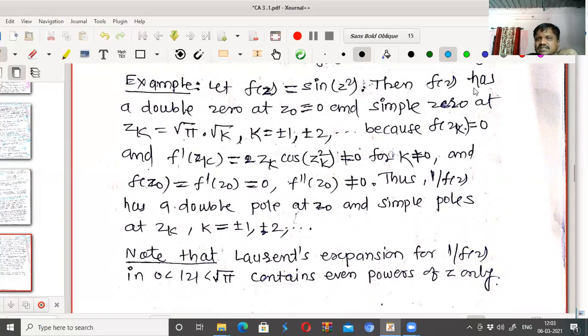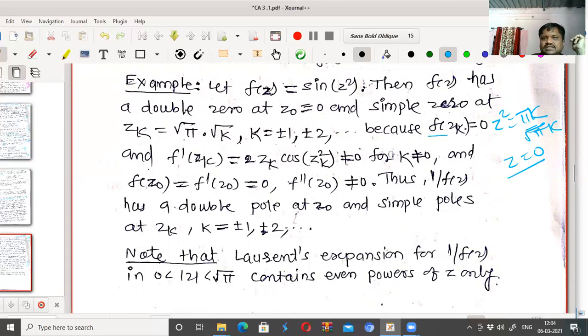Then f of z has a double 0 at z0 equal to 0 and simple 0 at zk equal to square root of pi k, because it has a 0 at z square equal to pi k also. If I take z square equal to 0 it is also 0, and z square equal to pi k is also a 0. Therefore, square root of pi k is a simple 0, but 0 is the double 0 of that,